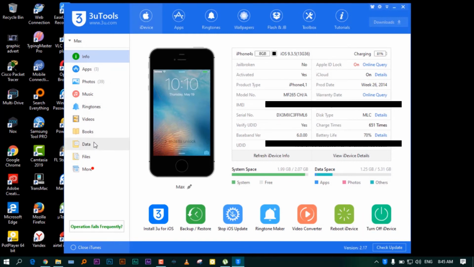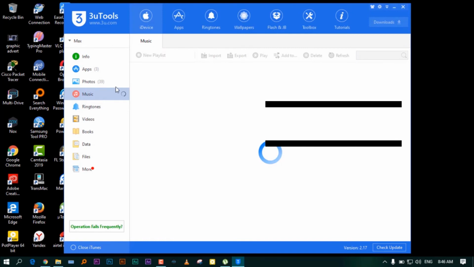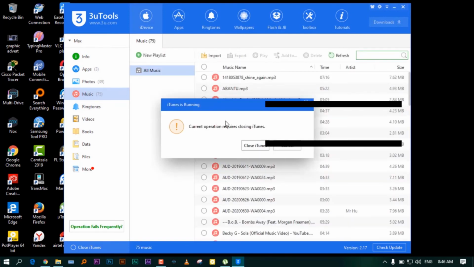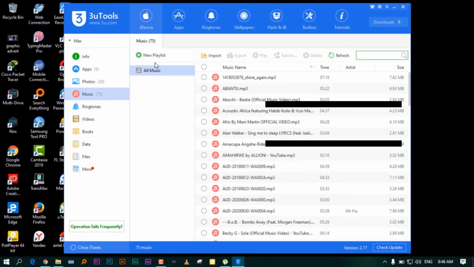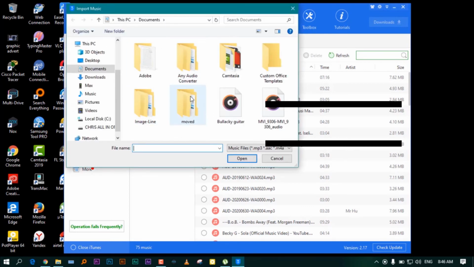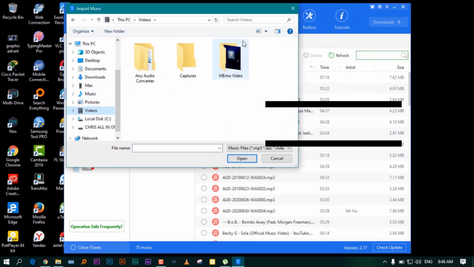Then we see we can import photos, music, ringtone, make custom ringtones, videos, books, and all others. Let's say we want to import music. We press on this, and then we see where there is an import. Select file. It's requiring us to close the iTunes. No big deal. Go ahead and close, and then it will allow us to navigate where we saved our music. In this case, let me navigate here. I have some music in that folder,